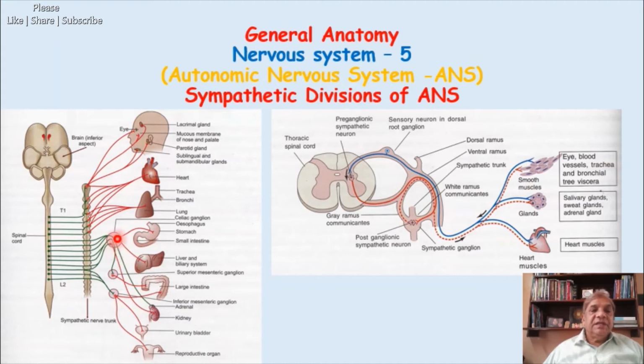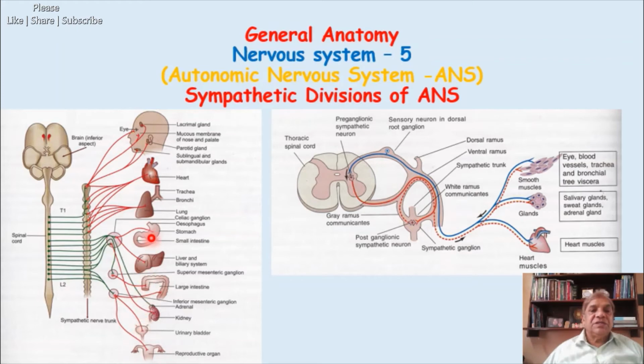Now, after this relay, they form the red lines here, which represent the axons of the postsynaptic neuron, as I told you for the thorax and the head and neck. After relay in the paravertebral ganglion or sympathetic chain ganglion, they will go and supply. In a similar way, from the celiac ganglion, superior mesenteric ganglion and inferior mesenteric ganglion, which are present in the abdominal cavity, they send their postganglionic fibers ultimately to the viscera of the abdominal cavity and to